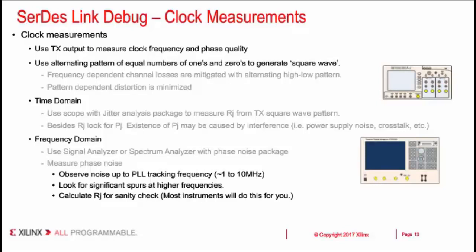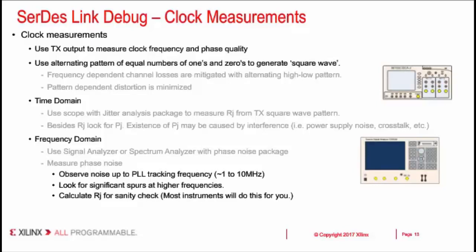So you want to especially look at the PLL tracking frequency, which might be 1 to 10 megahertz in bandwidth. You want to look for significant spurs at higher frequencies, and you want to calculate the RJ just as a sanity check on the quality of your phase noise measurement. So when we make these